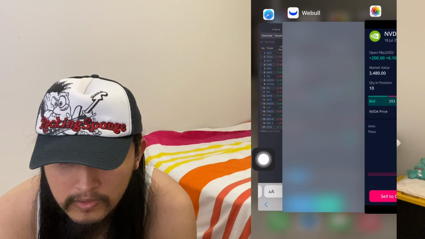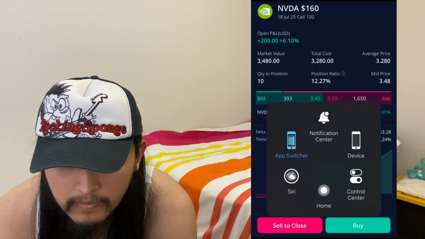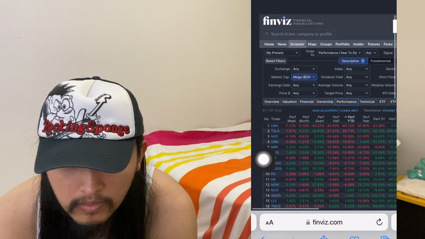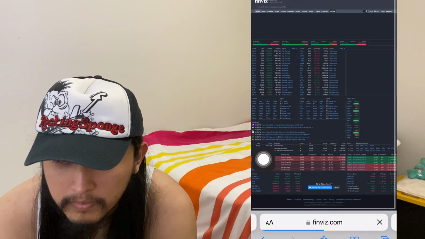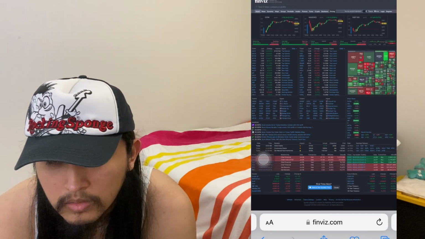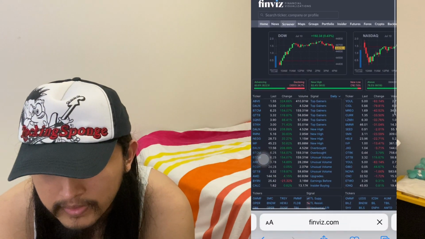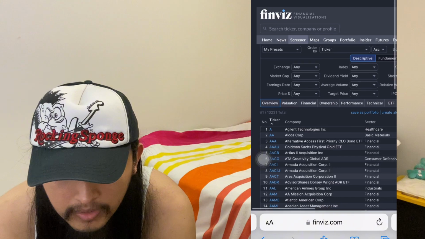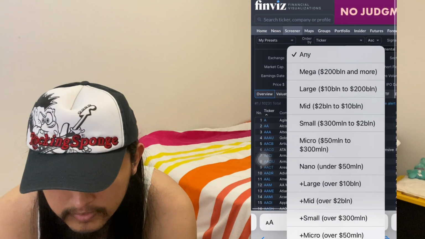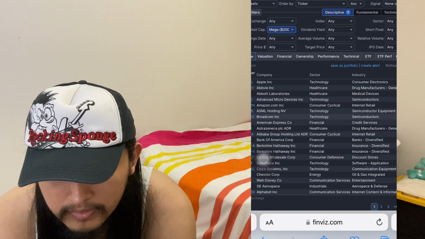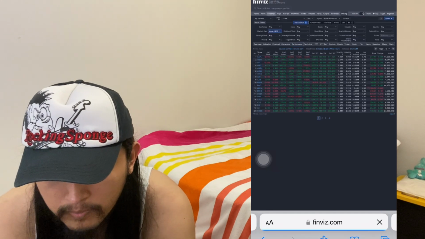So this is how you could do it yourself. What you do is you go on this free website called finviz.com. You go where it says screener, click on where it says market cap, highly suggest this for beginners, not financial advice, but click on where it says performance, click on where it says perf YTD,